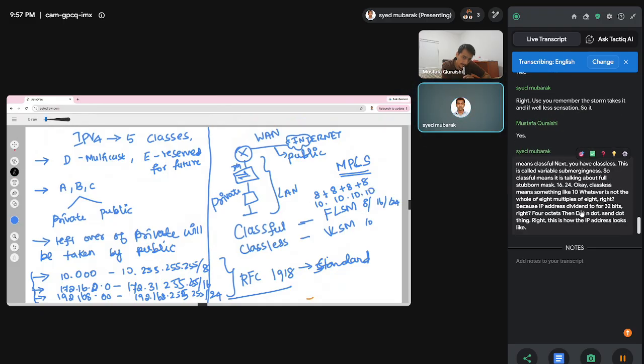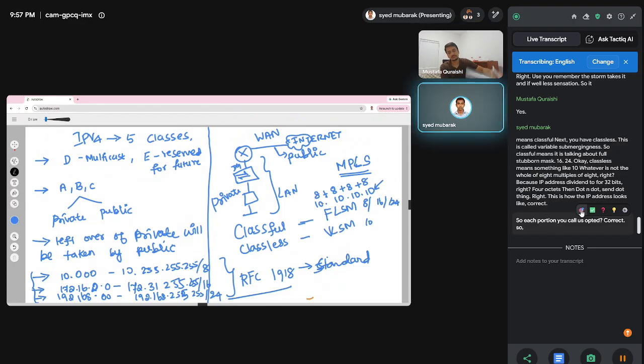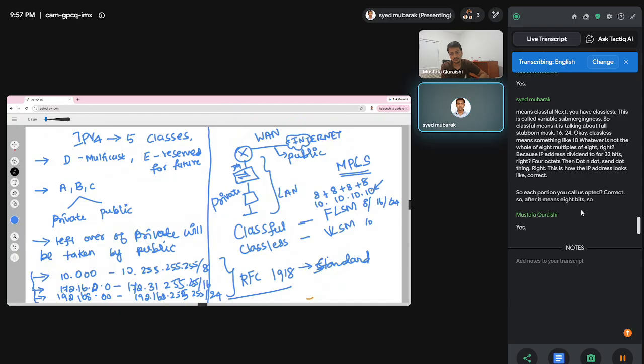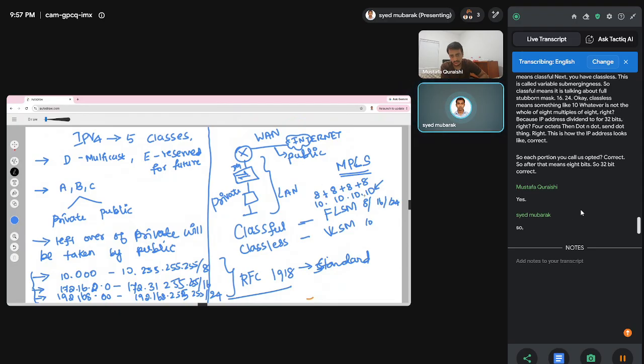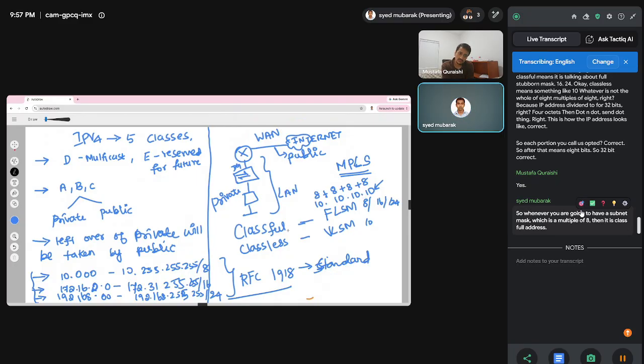Each portion you call an octet, so octet means 8 bits, so 32 bits. Whenever you have a subnet mask which is a multiple of 8, then it is a classful address. Whenever your subnet mask is not a multiple of 8,